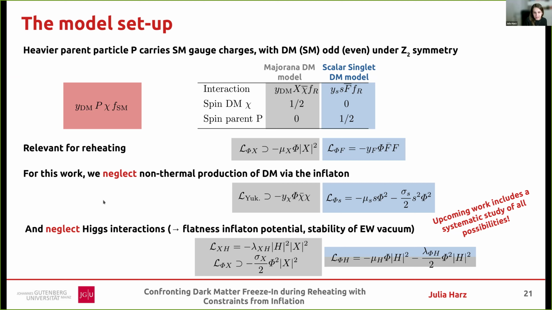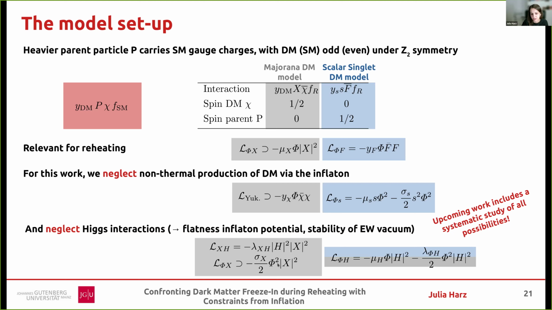What I neglect now is the non-thermal production of dark matter via the inflaton. So for instance, you could directly look at how the inflaton decays into the dark matter particle, here the Majorana or the scalar singlet. This I neglect because otherwise we would not even end up in the freeze-in scenario, because then it would directly be produced. And we also neglect the Higgs interactions. So for instance, here this parent particle could have an